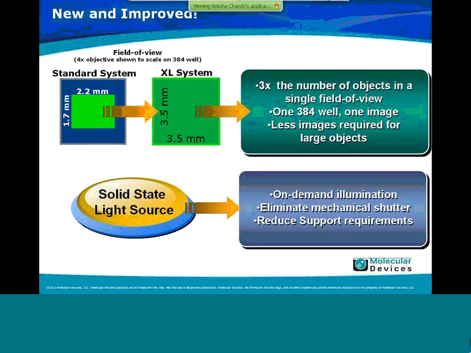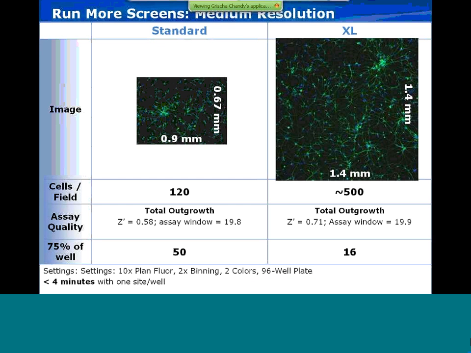Also, the ImageXpress XL system comes with a solid-state light source that gives you on-demand illumination and reduces some support requirements because you don't need to change a light bulb or replace the mechanical shutters. Those are the two big component changes, but what that allows you to do is significantly speed up your acquisition